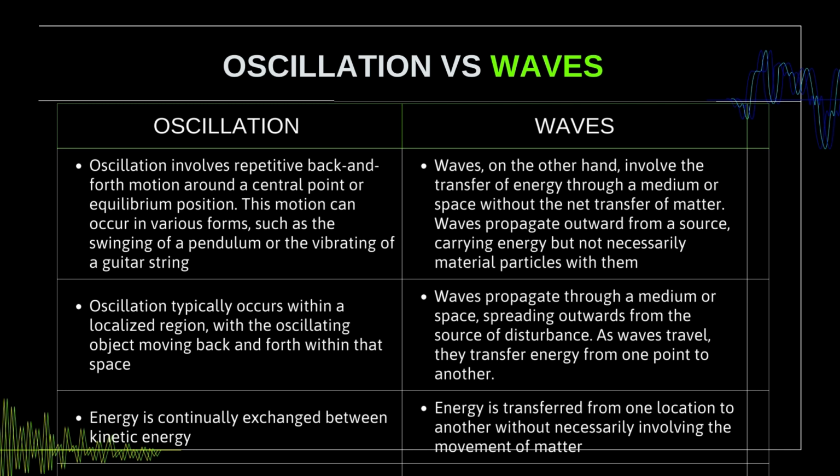Oscillation versus waves. The difference. Oscillation involves repetitive back-and-forth motion around a central point or equilibrium position. This motion can occur in various forms, such as the swinging of a pendulum or the vibrating of a guitar